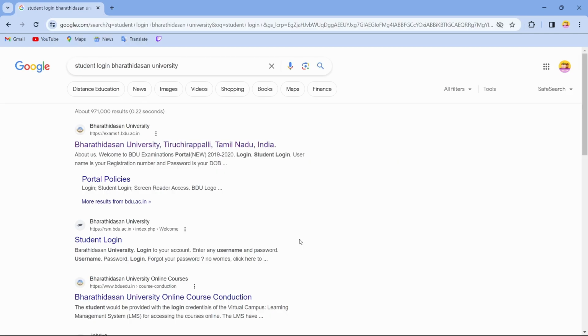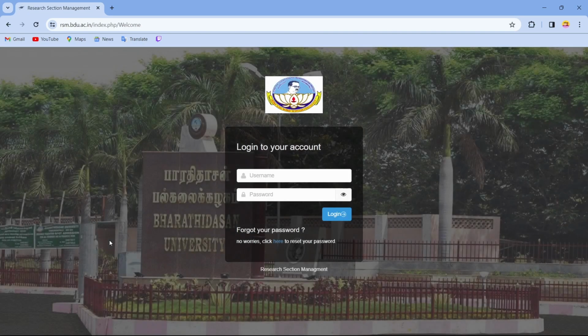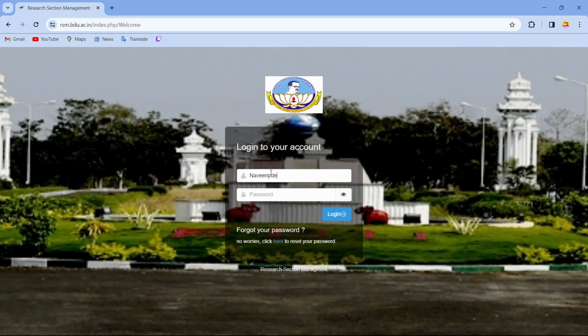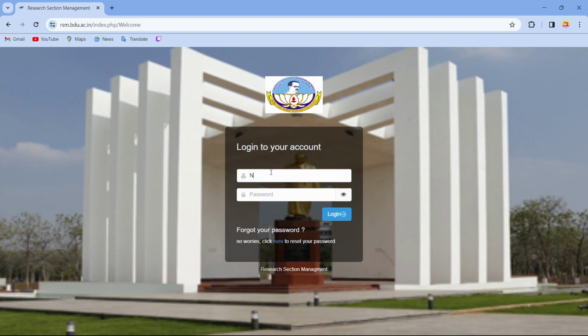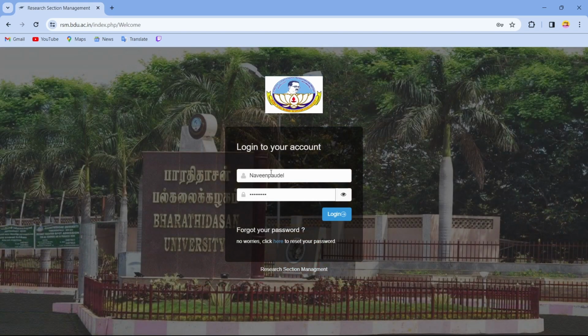And after searching for that option, you will come up to this page, and on this page you can tap on this third option which says student login under Bharathidasan University. So just tap on that, and after tapping on that option, it will ask you to enter your username and password. So just simply enter your username and password. After entering your username and password, just tap on login, and after tapping on login, you'll successfully log into